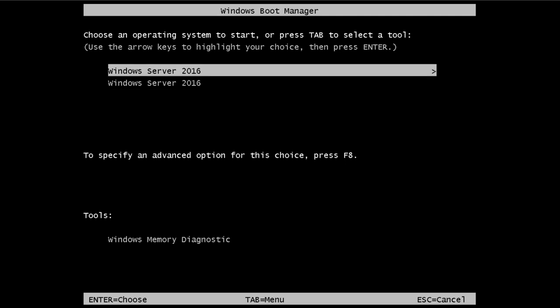I think this is the first entry because the latest comes first, so I will try this first one, and it is trying to start. It is getting ready.